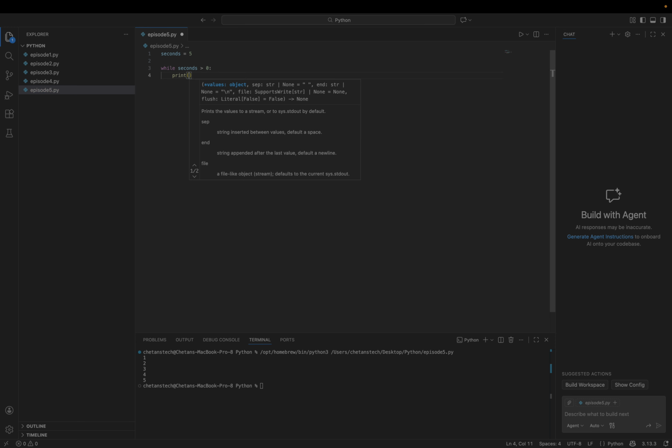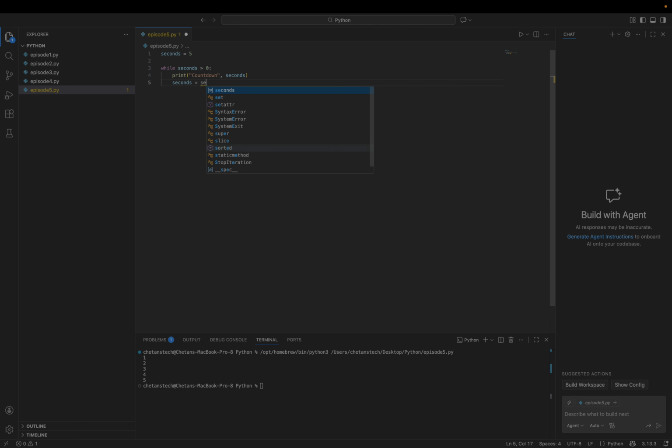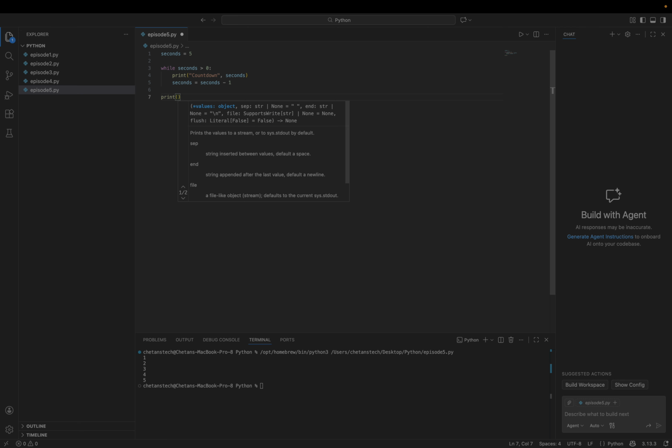We will print countdown, seconds, and seconds we are going to decrement by 1. And when the loop is finished, we want to print time is up.